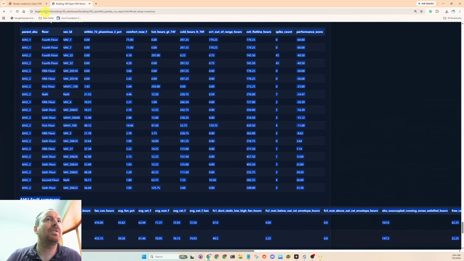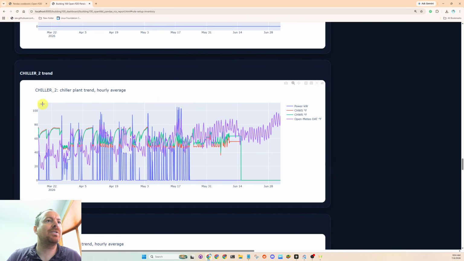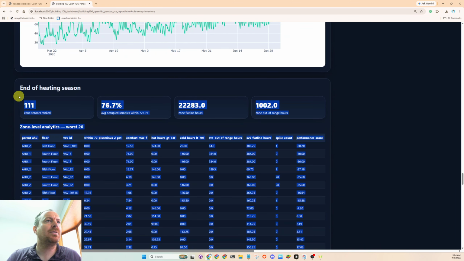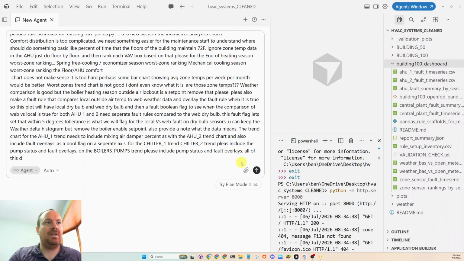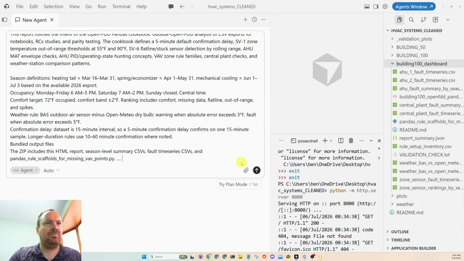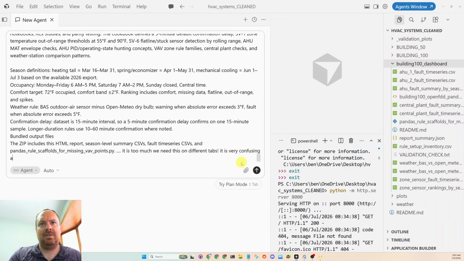Okay, so I'm just going to feed all of this information. Just going to say all of this data on the dashboard is too much. We need this on different tabs. And it is very confusing,